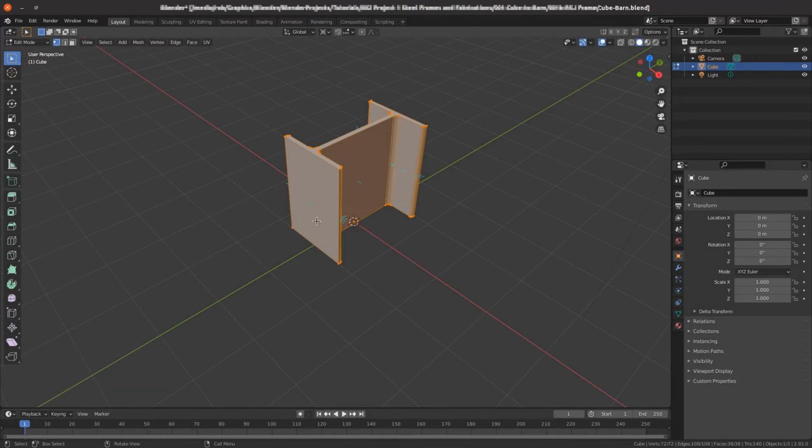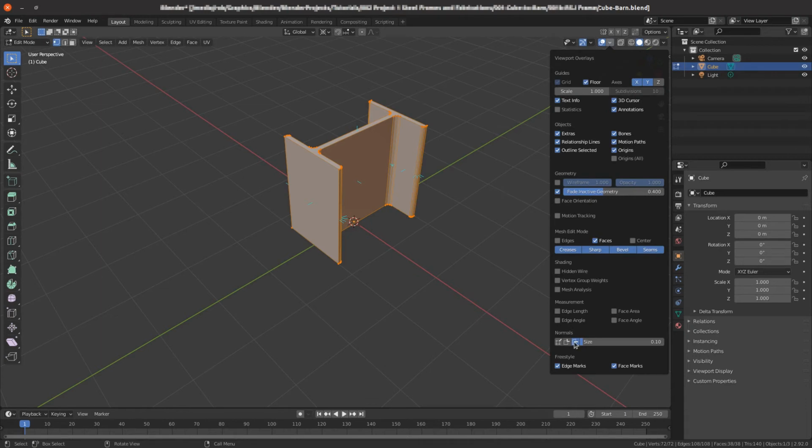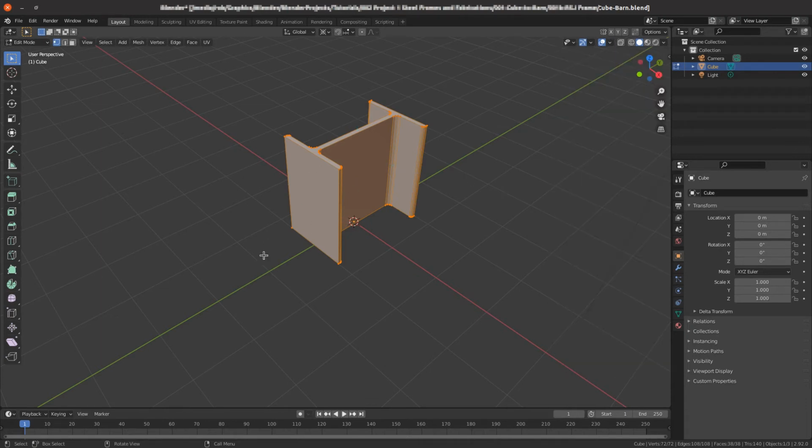Okay, we don't need the normals indicators showing anymore, so I'll just go into overlays and turn off the view of the face normals, and we're finished really at this stage with the RSJ, and we now need to insert the barn reference image that we created in the last video. So tab back into object mode, and